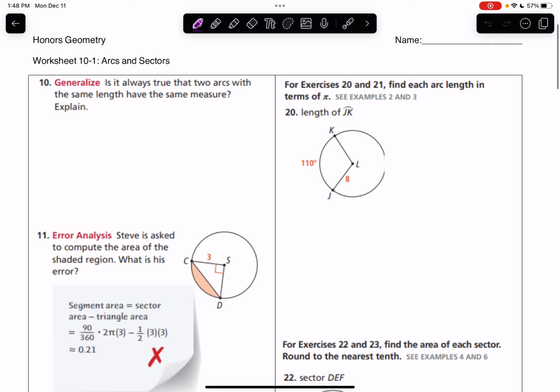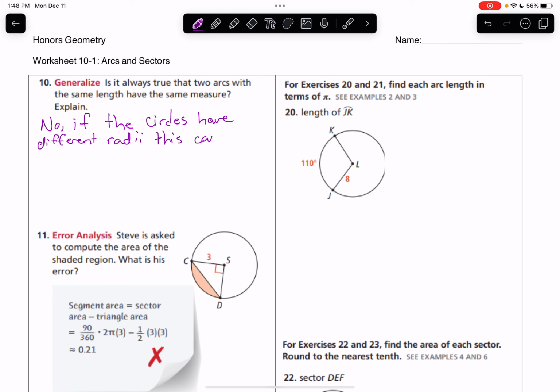So we can say no, once I get my Apple Pencil turned on, we can say no. If the circles have different radii, this can happen. And we can go ahead and draw a small circle